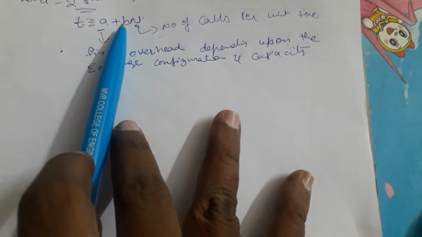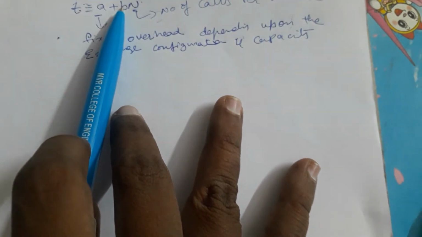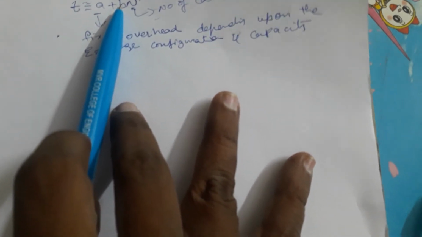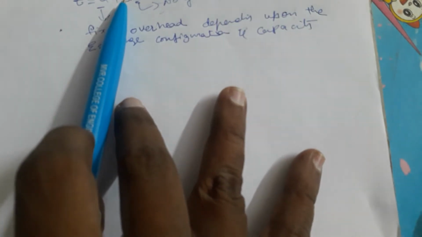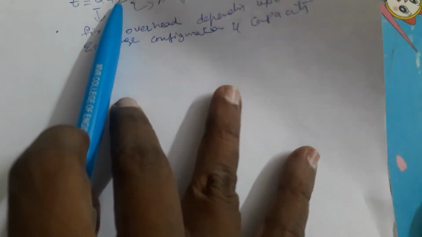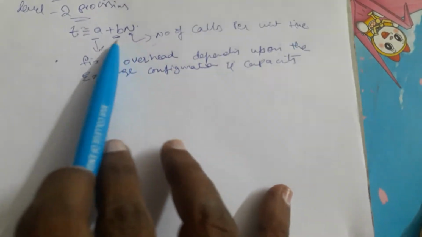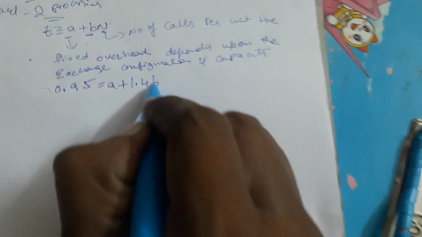In general, the switching processor is modeled to handle a traffic load which is 40% more than the nominal load. In case of traffic overload, the processor gets loaded most likely to 95% of its capacity, thereby accounting for traffic fluctuations observed. Therefore, for this consideration, this equation can be written as 0.95 equals a plus 1.4 b n.